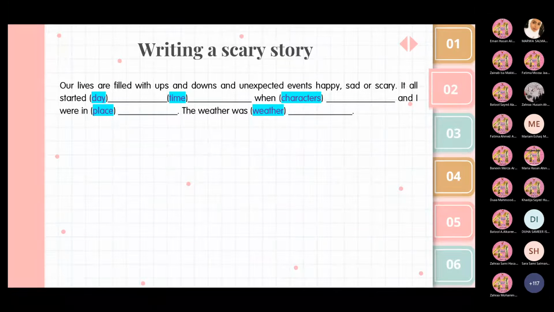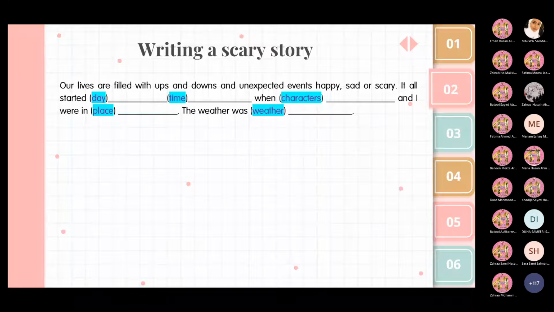For example, if you're scared of the dark and you're writing about a character who's trapped in a dark room, you know best how to describe how that person is feeling because you have that fear also. Sometimes you can use your experience to aid you. Before you start, just decide when the story happened, where it happened, what the weather was like, and who the characters in your story are.